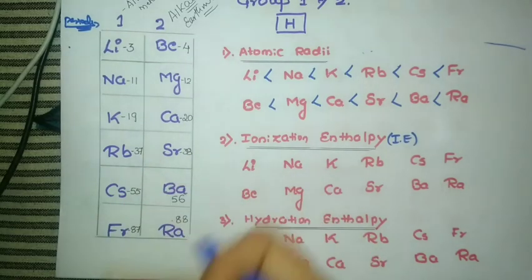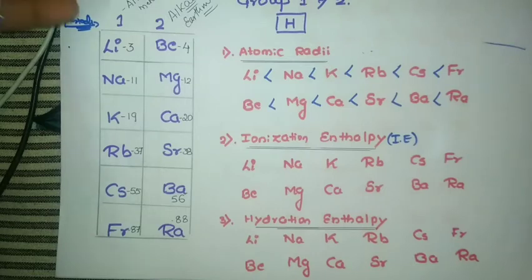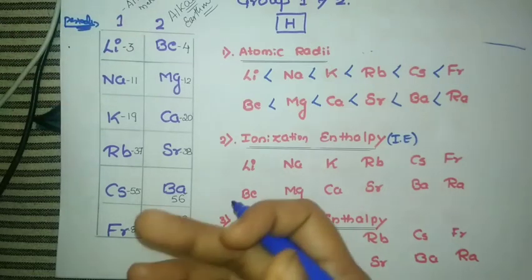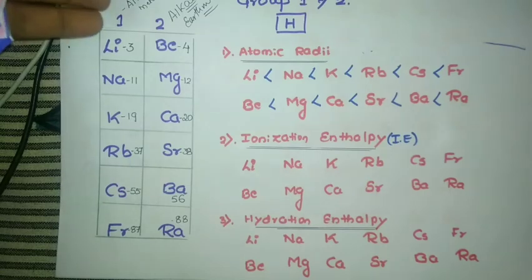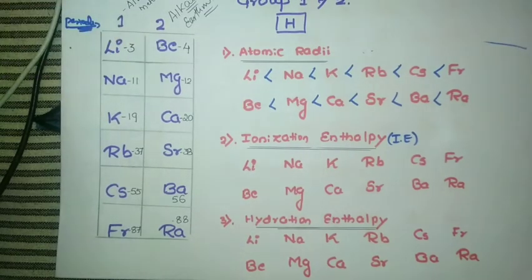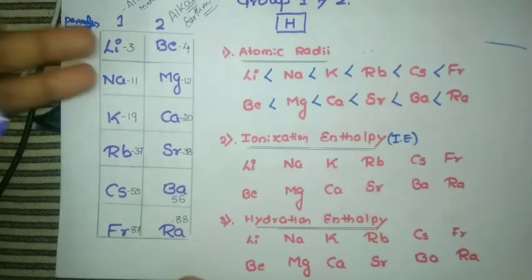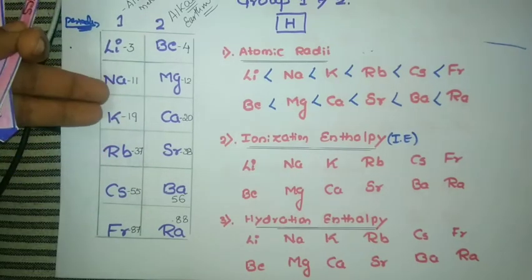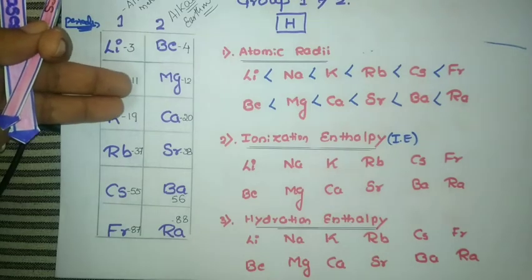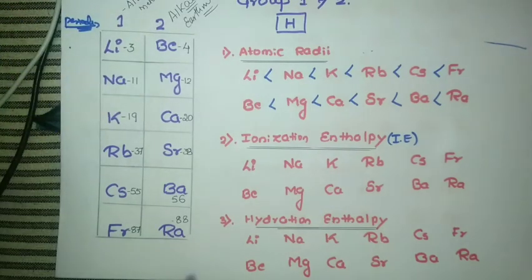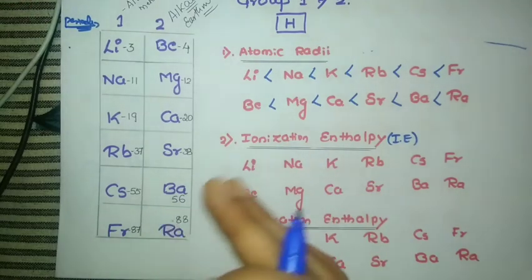Ionization energy is the energy, or enthalpy, required to remove an electron from the given element, from an isolated neutral atom. Now I want to remove an electron from lithium. Similarly, I want to remove an electron from sodium, potassium, like that. If I remove one electron from sodium, it becomes Na+. So, repeating, ionization energy is the amount of energy required to remove an electron from the isolated neutral atom. From the atom we need to remove an electron.